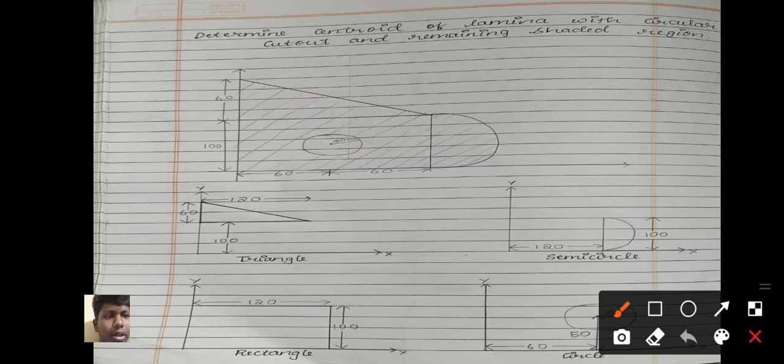Coming to the second component, semicircle, the total diameter will be 100, and the distance of the semicircle from the x-axis will be